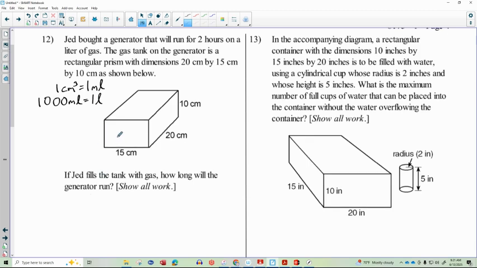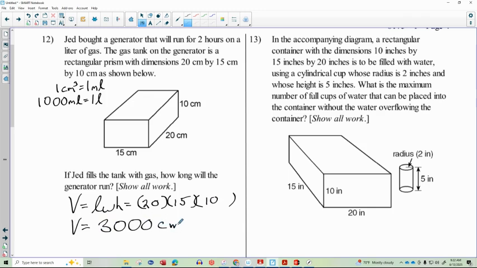Step 1, let's find the volume of this rectangular prism. The formula is quite simply length times width times height. When you're doing a rectangular prism, it doesn't matter the order. So I'm going to say my length is 20, my width is 15, and my height is 10. And we get a volume of